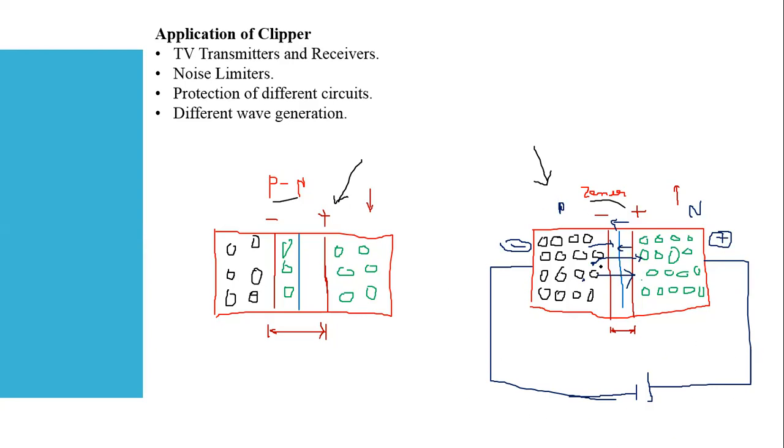And in this way the current is going to flow. Now more and more electrons are going to flow, and that is known as Zener breakdown. How is it possible? Because you are going to increase this voltage. As you are increasing it, the field intensity is going to increase, and the number of electrons is going to increase.